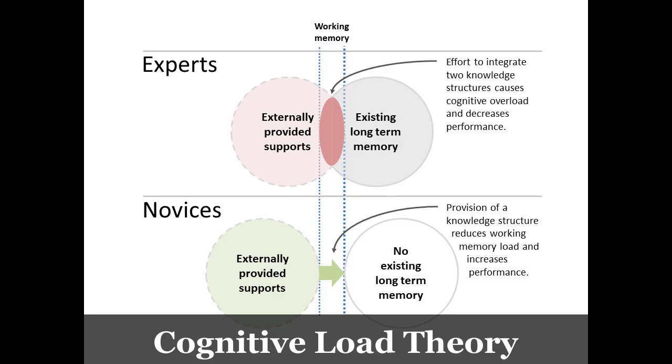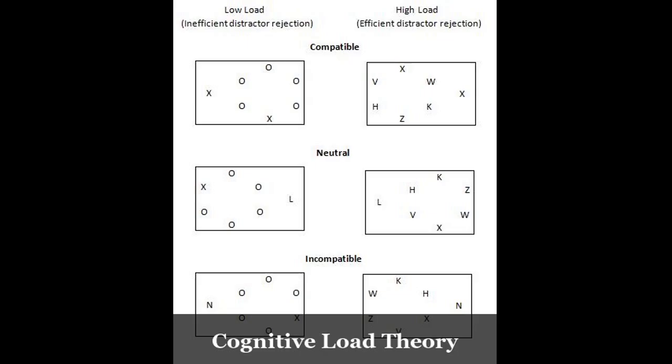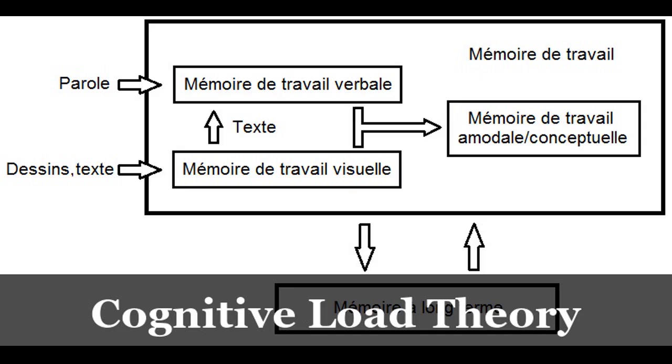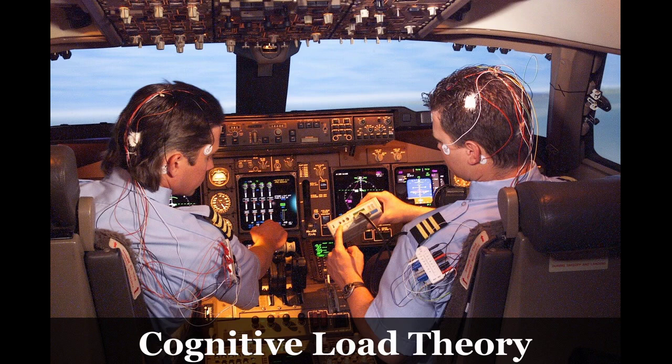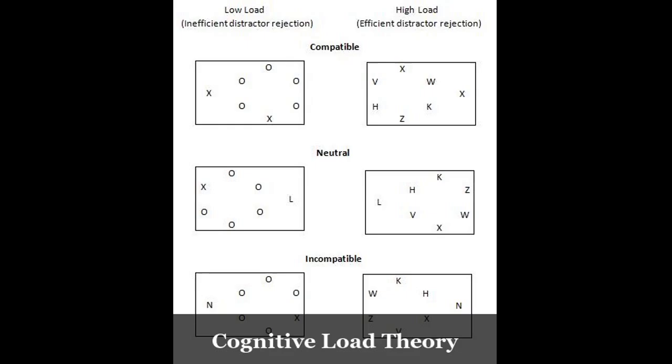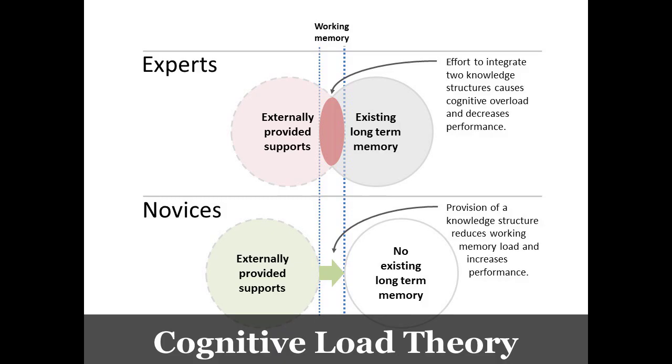The work of psychologist John Sweller has been instrumental in shaping our understanding of cognitive overload. Sweller's research has demonstrated that when learners are presented with too much information at once, they tend to engage in unnecessary mental processing, such as trying to reconcile redundant or irrelevant information. This can lead to a phenomenon known as the redundancy effect, where the presentation of duplicate information in multiple formats